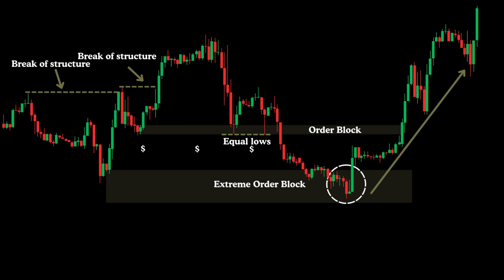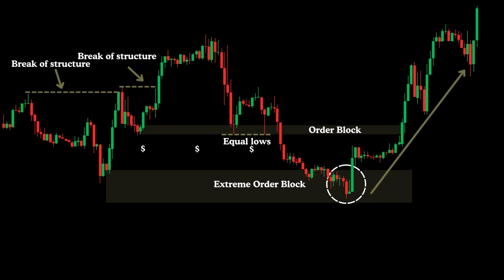In contrast, the reversal from the extreme, lower, order block was high probability. Here's why. Before reaching this zone, price swept the liquidity under both the upper order block and the equal lows. This liquidity grab allowed price to gain momentum, essentially refueling the move. Upon reaching the extreme order block, price reacted instantly and reversed strongly, pushing upward and eventually sweeping buy-side liquidity at